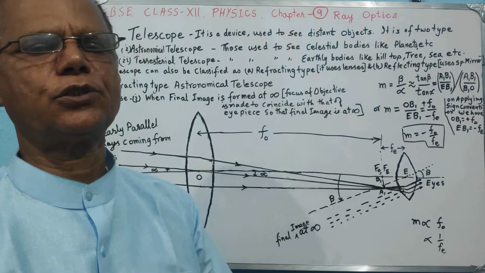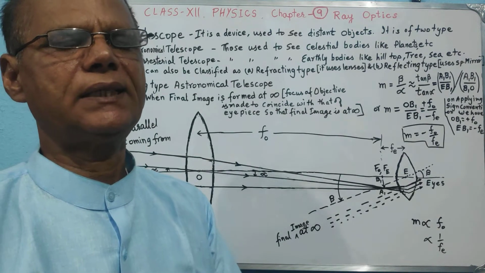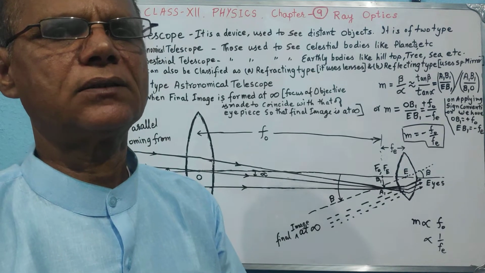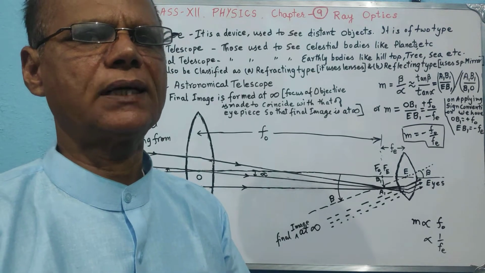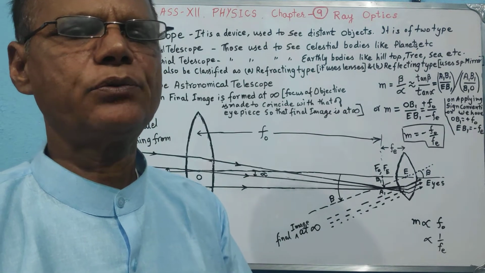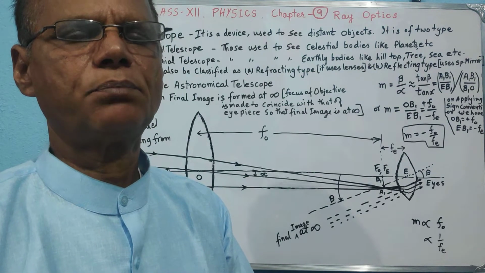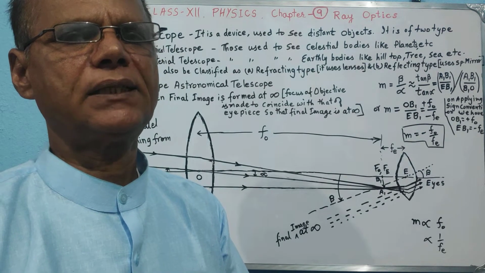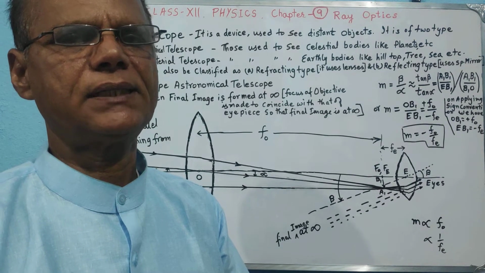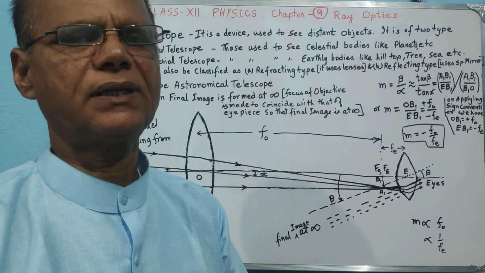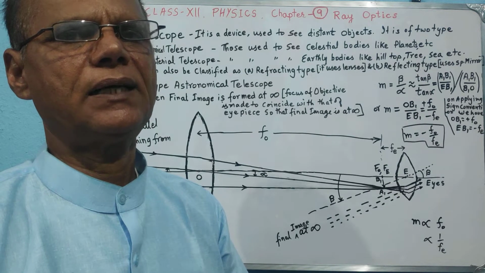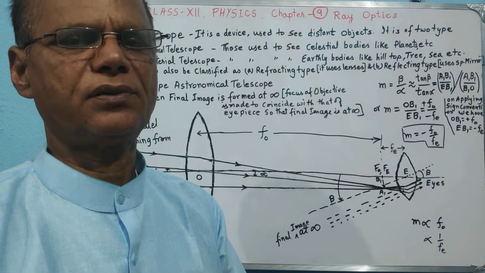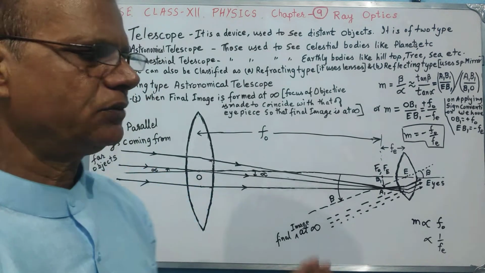For this telescope we are having two coaxially held convex lenses. One is called objective and another is called eyepiece. Contrary to the case of compound microscope, here we are using objective having greater aperture and greater focal length, and eyepiece having a smaller aperture and a smaller focal length. As you can see in the figure